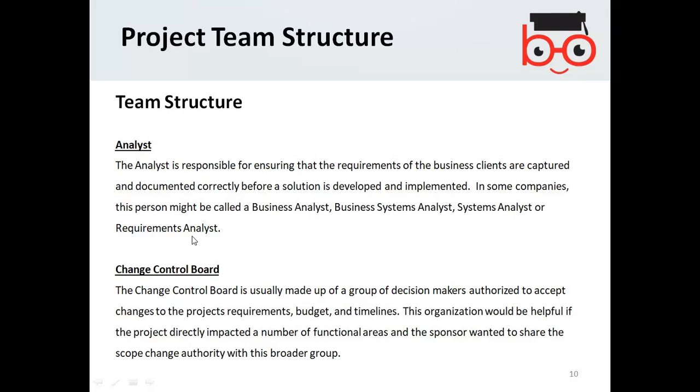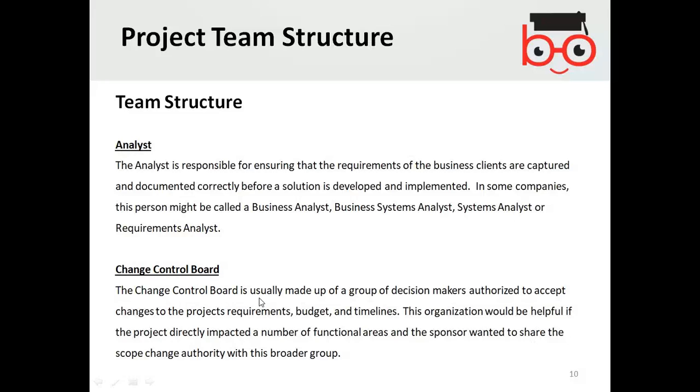The analyst is the most important role. If the analyst has done his job very well, then the project requirements can be expected to be fulfilled in the correct way. If the analysis is not done well, then there is too much risk that the project will not be implemented according to the requirements.